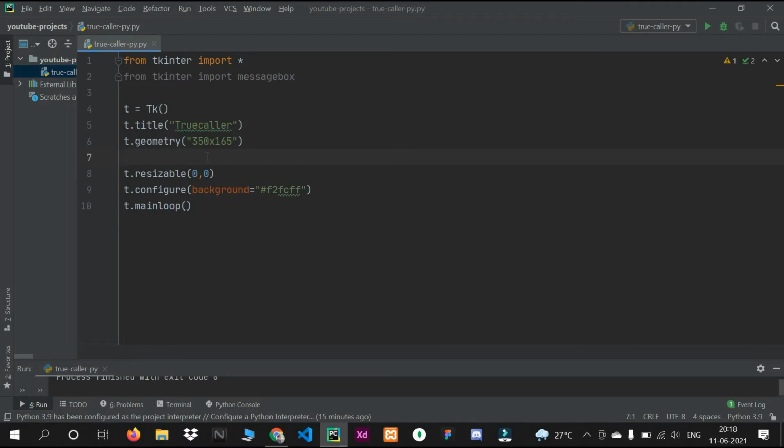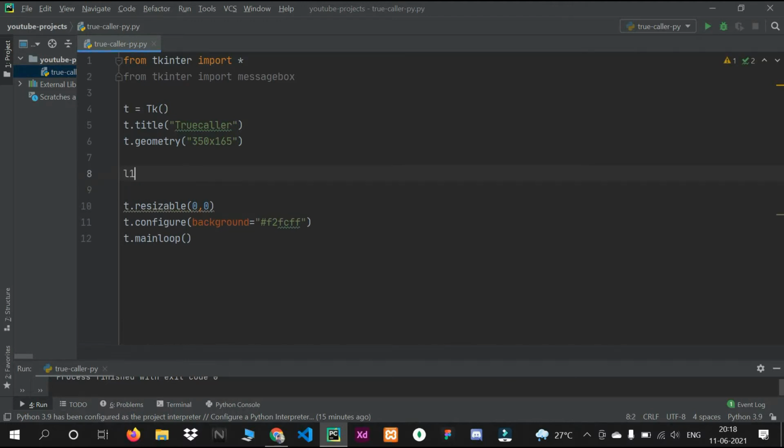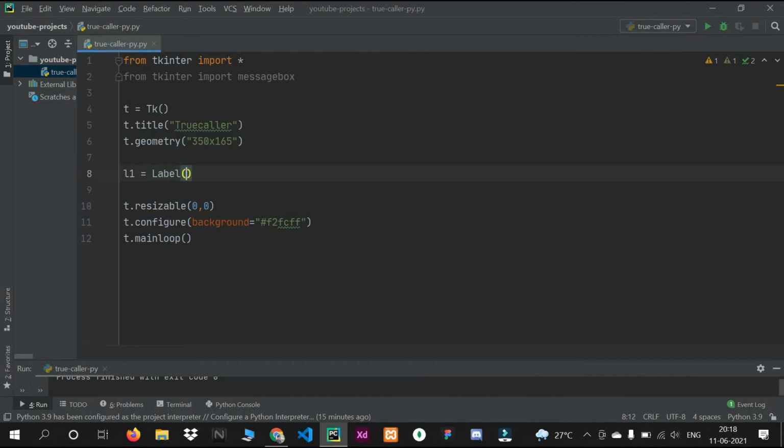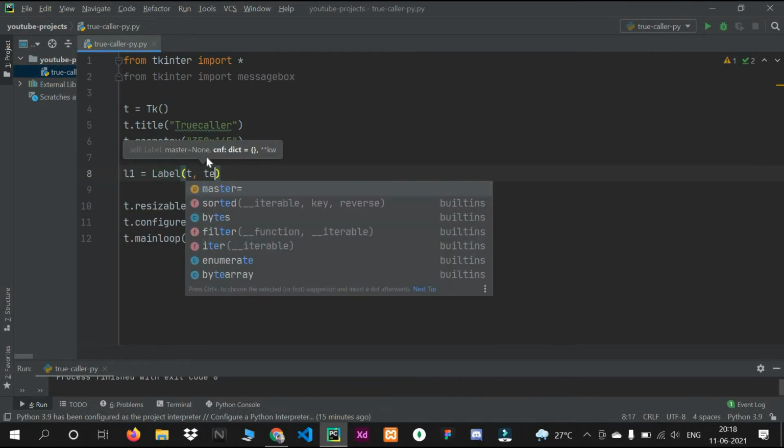In that we have to create labels and buttons. So for that we will create one label first. I will say L1 equals Label. First we have to pass the t and then text.